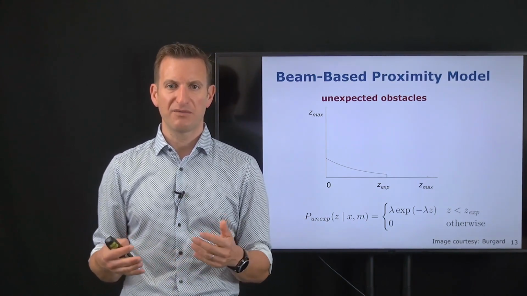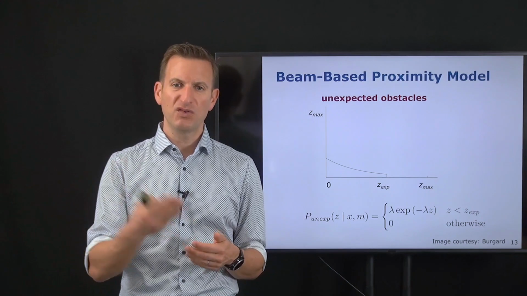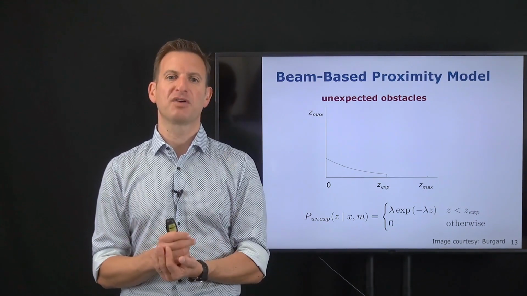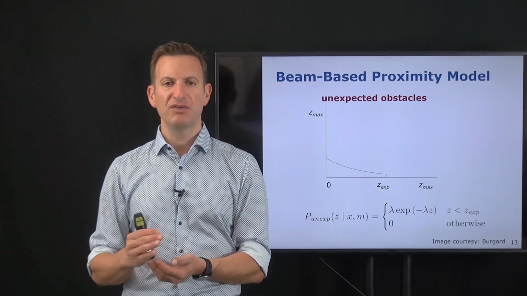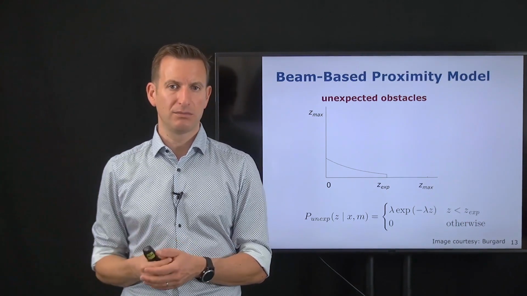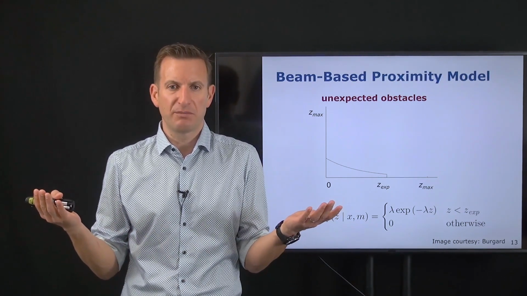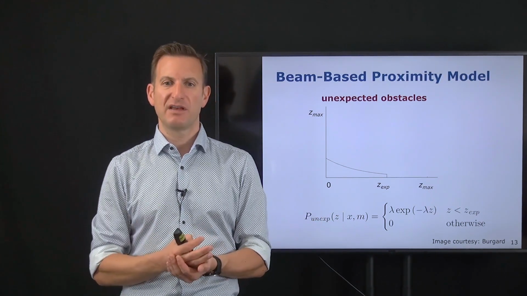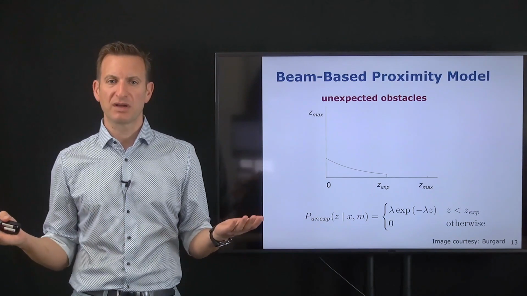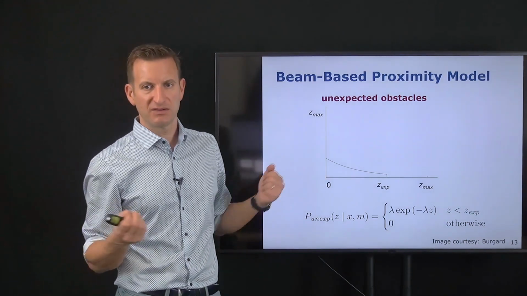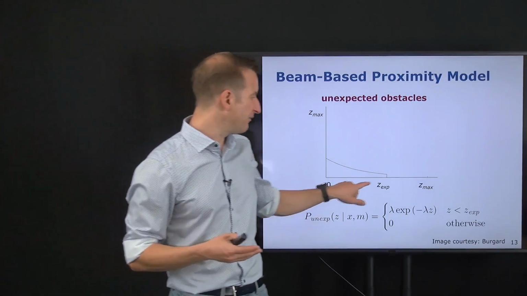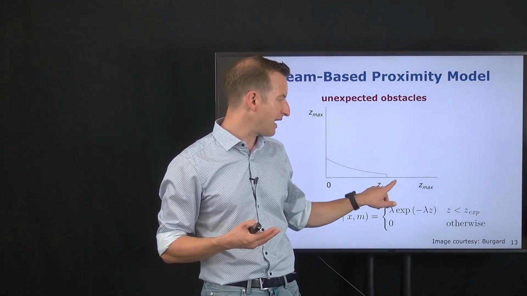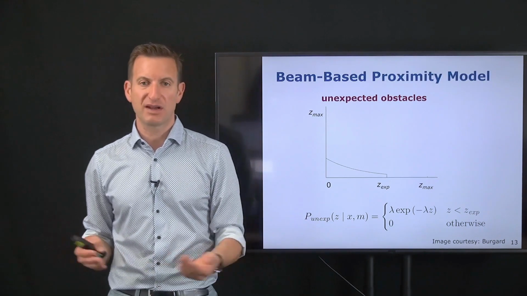So if you're standing in front of a wall and a person walks by between us and the wall, we will see that person, so it obstructs our field of view. If the person however walks behind the wall, there's no way that I can see that person. So if the person is further away than where the map tells us there's an obstacle, it won't obstruct my reading, and it will not be sensed by the sensor. Therefore, it drops to 0 over here, and whatever happens behind the obstacles that are actually in the map